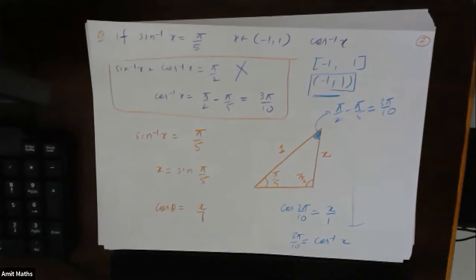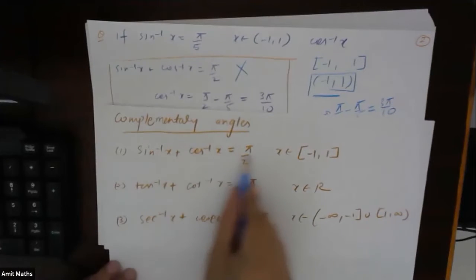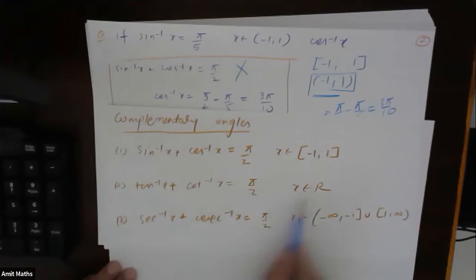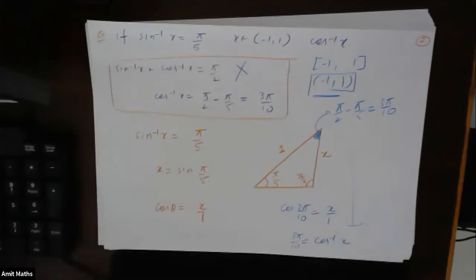Okay, I'm showing you some. Let's see. So these are the properties. Sin inverse x plus cos inverse x is equal to this. Tan inverse x plus cot inverse x is equal to this. And sec inverse x plus cosec inverse x is equal to pi by 2. Okay, fine, very good. Let's do more questions on this. Now see, again, in most of the questions, you will see that without properties also we can solve. But we will use the property just to save time.